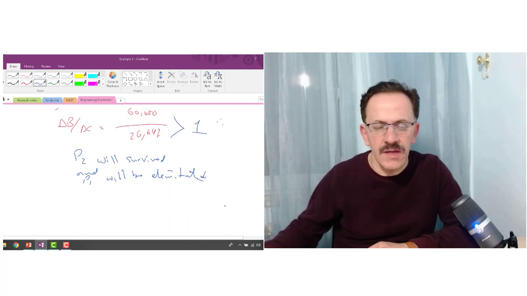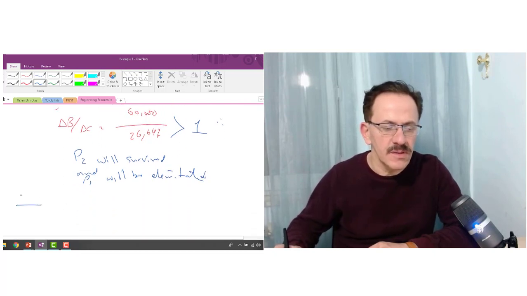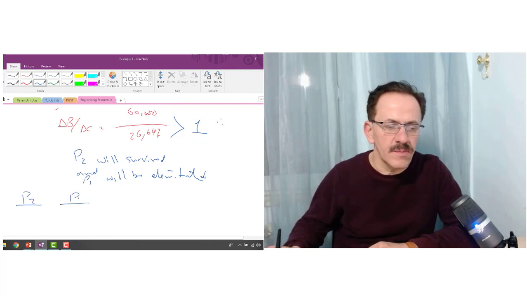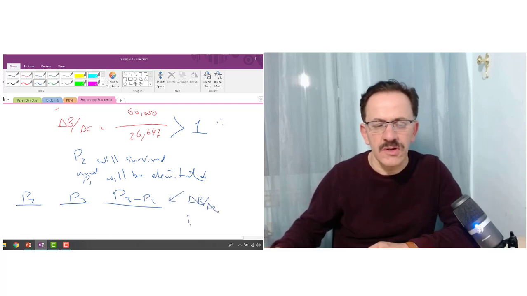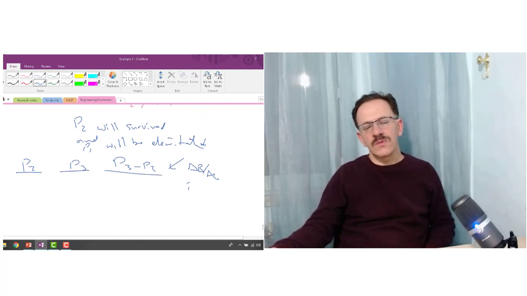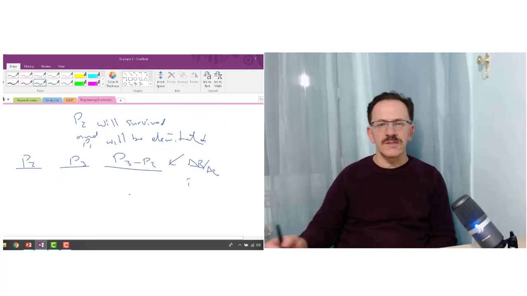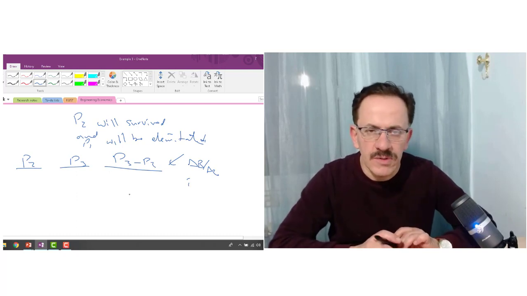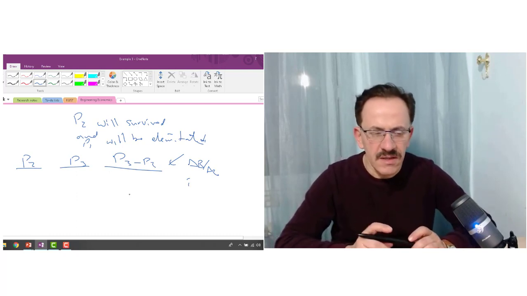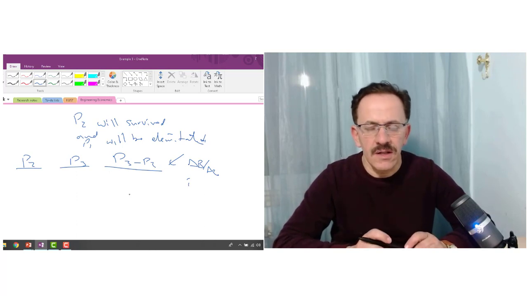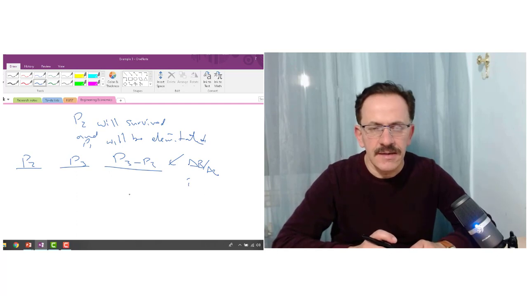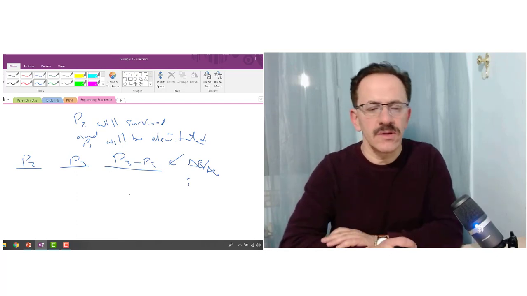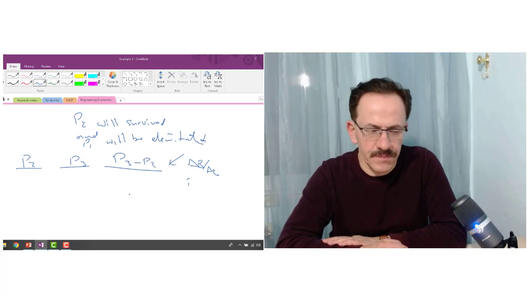And then for the next, we will have to compare between proposal 2 and proposal 3, and we have to find proposal 3 minus proposal 2 and find the delta B over delta C ratio. And again, the winning one will fight with the last available proposal, which is proposal 4. And I advise you to make the calculation by hand and solve it by yourself. And I think it's more clear to you now to work with the delta B over delta C.